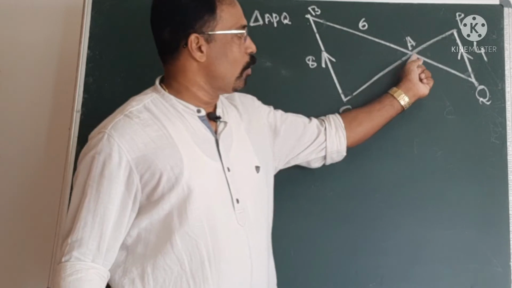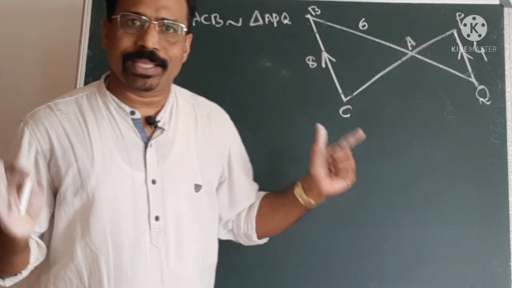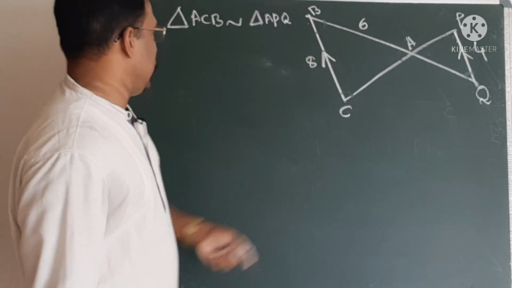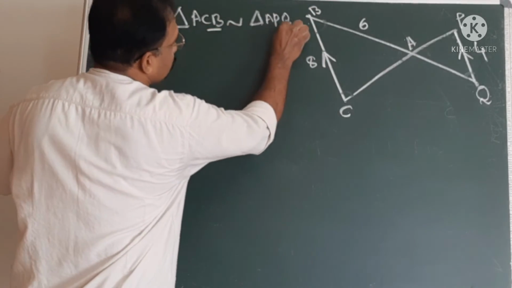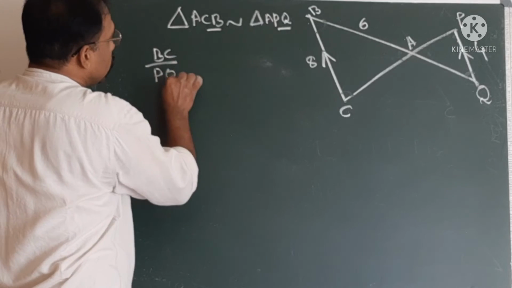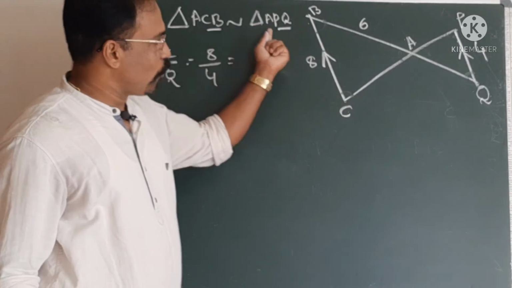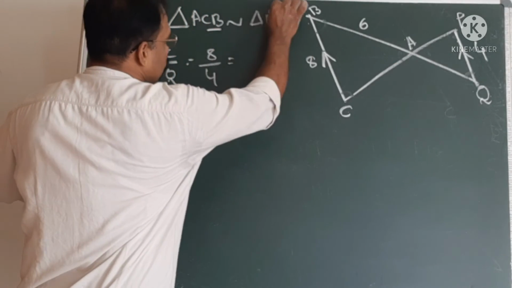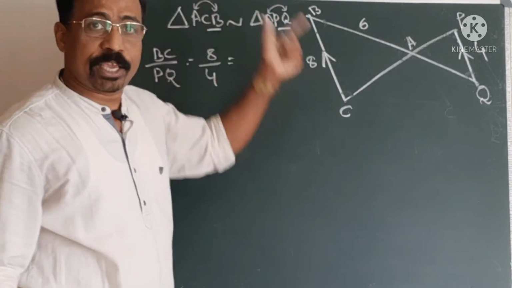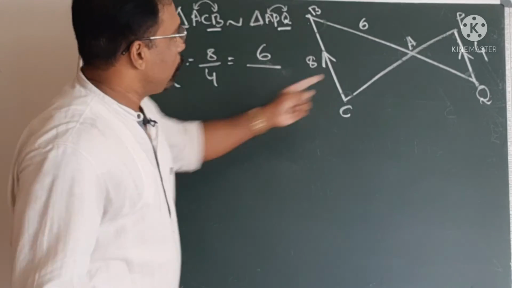Now, we have to find out the value of AQ. If these two triangles are similar, then their corresponding sides are in proportion. Now, let us take the proportional side. Here BC, so this CB, so it is PQ. So, that is BC divided by PQ, that is 8 by 4, that will be equal to AQ. Here again AB, you don't have to worry about anything because it is in the same order. AB is given as 6 and AQ.